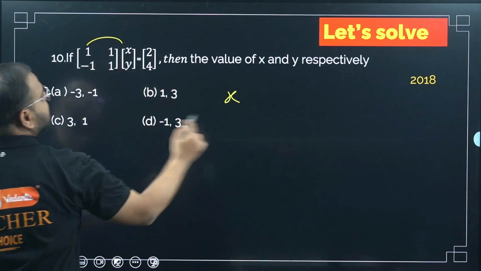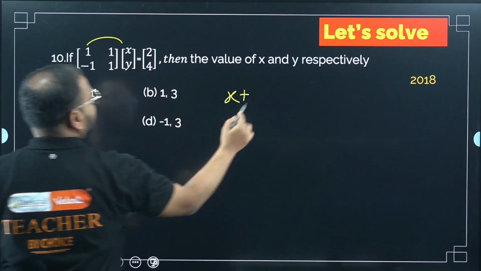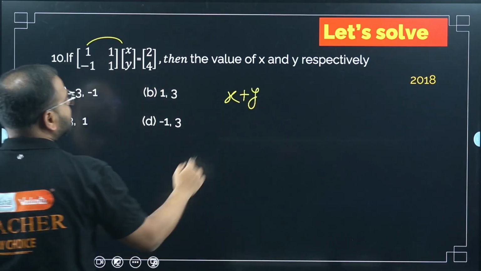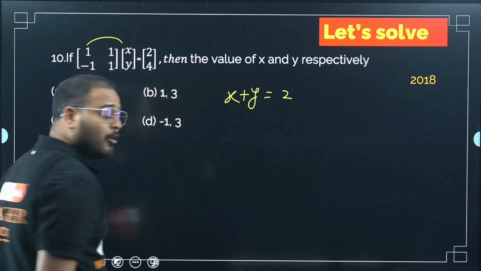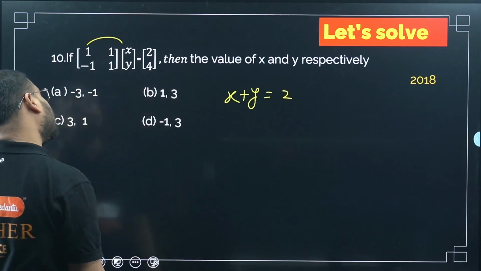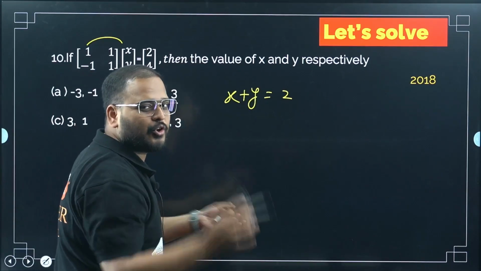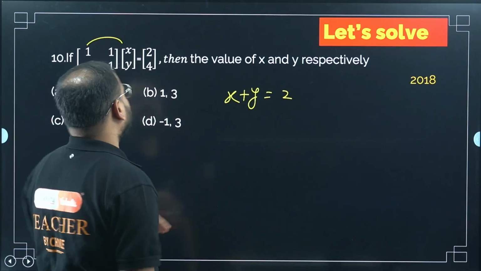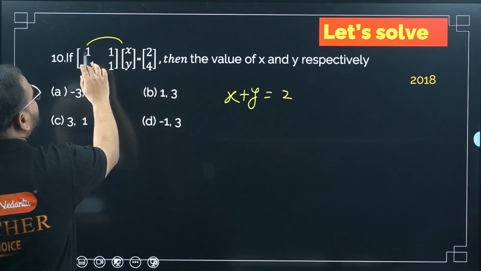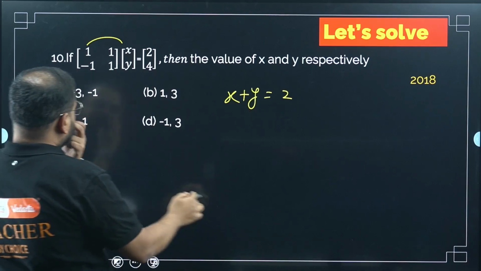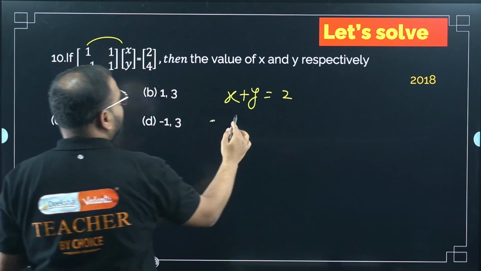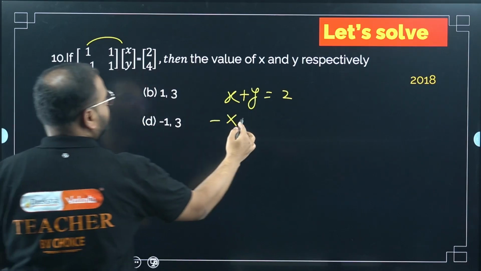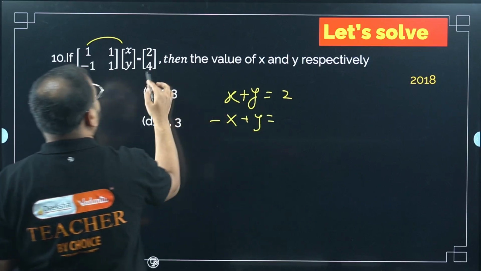So 1 times of x plus 1 times of y, no? Correct? Equals to what simply? 2. This I also taught you in matrices, but again this will have an application in determinant also. So it is not directly using determinant here, but the concept is there as well. So now first one is 1x, 1y is simply like this. Second one minus 1x, so minus x, and plus 1y, so plus y equals to what? The term is 4 here.